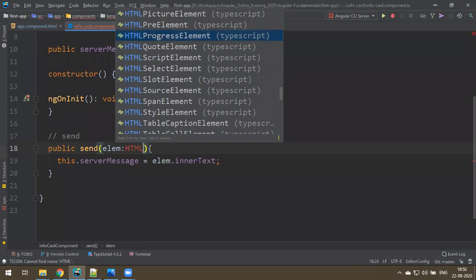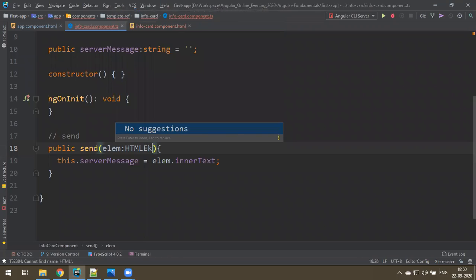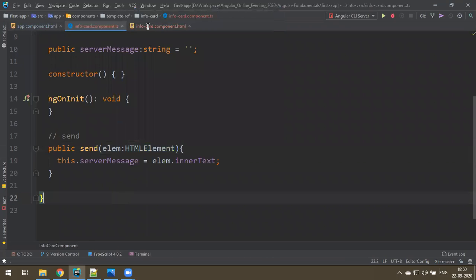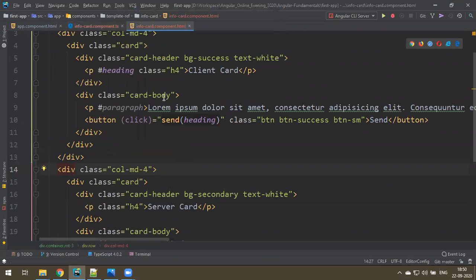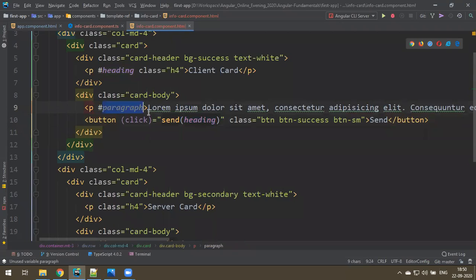That's like a general element. I think Element is there. It works generally. So if it is an HTML element, you can pass a heading, paragraph, anything. Show the output, please. I have given a heading, so you get the output as heading. No issue. If you provide a paragraph, you get the paragraph.